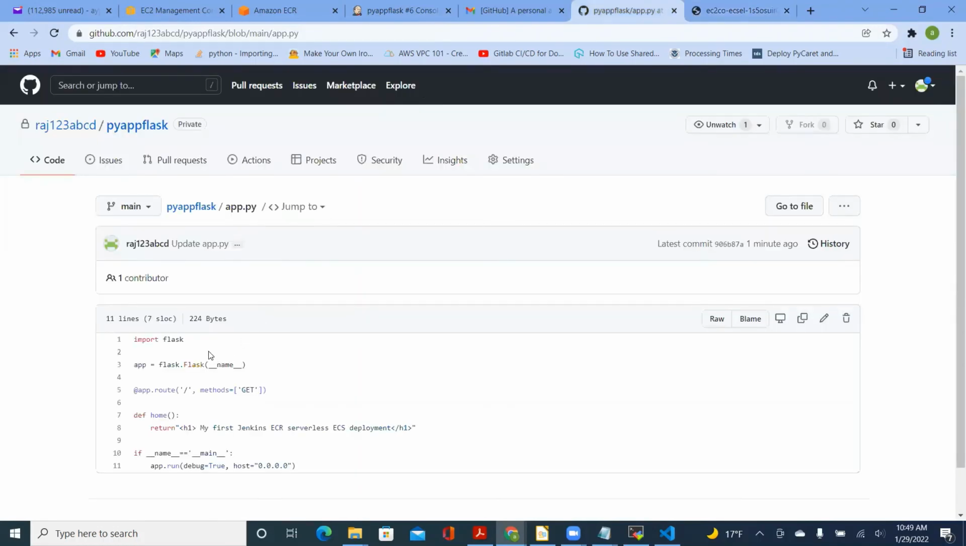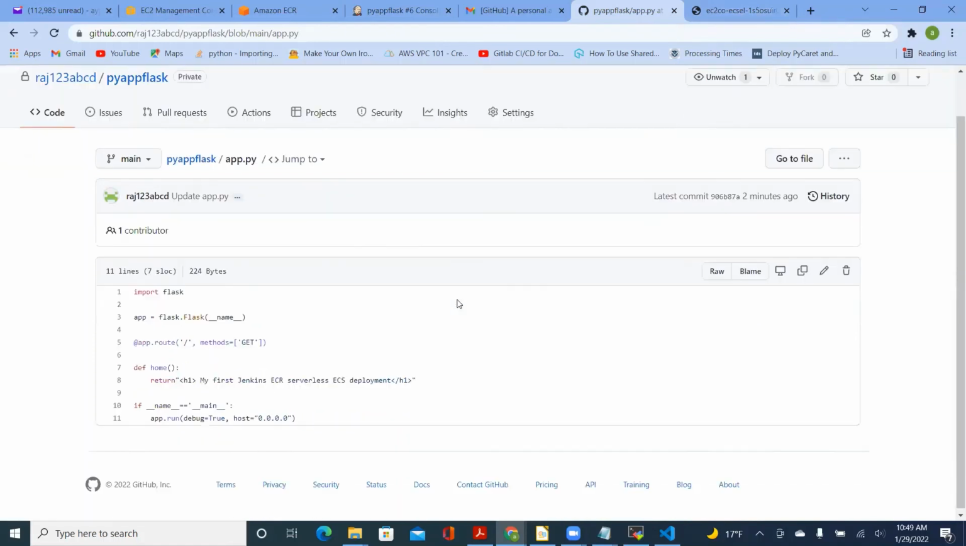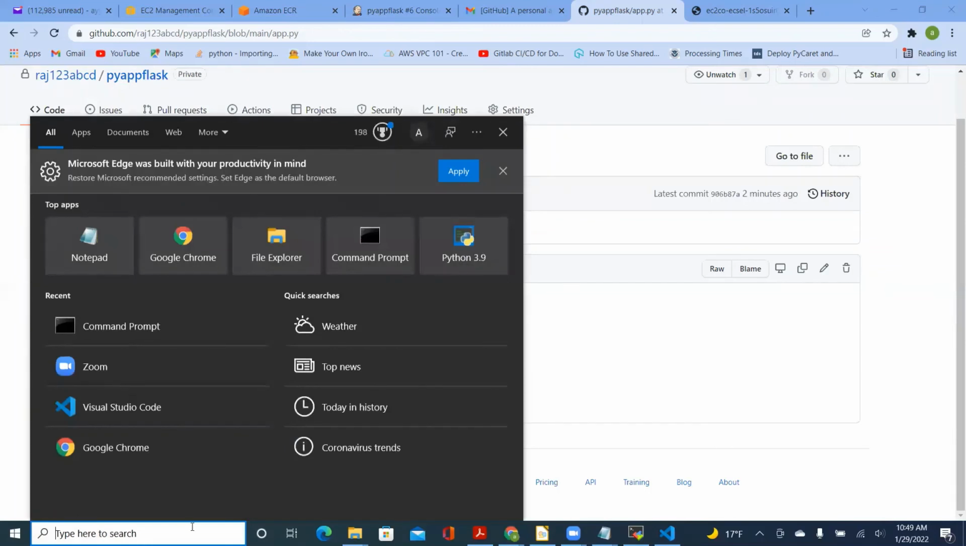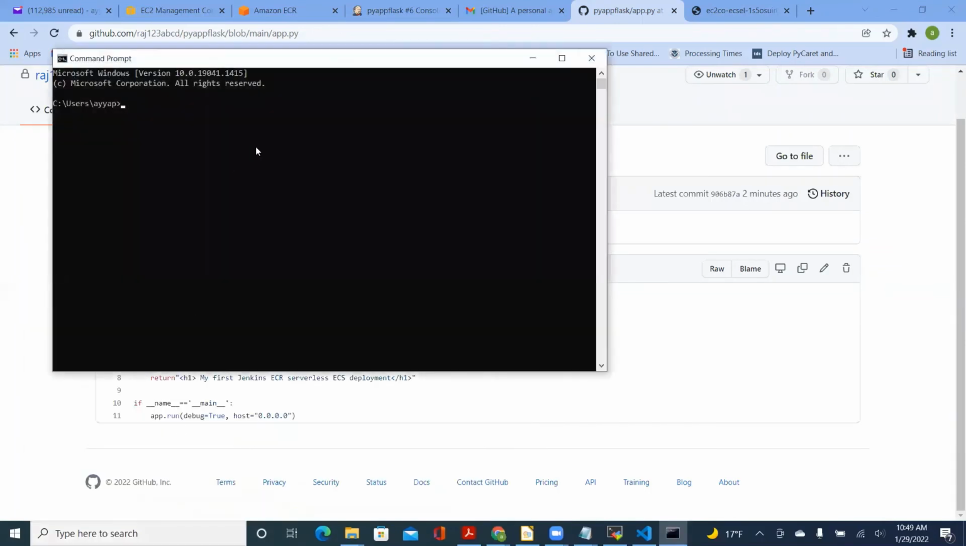I applied a change from GitHub here. The pipeline triggered automatically and got updated on the ECS cluster. So the actual pipeline build is complete. So it's completely automated. This is all that's needed. But I'm going to add one more step where I'm going to simulate a developer using this repository. So I'm going to run from my local machine. This is my local machine. I'll go to the command line, and here